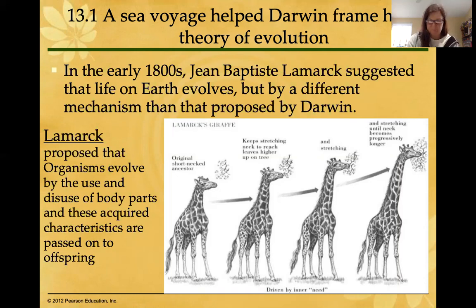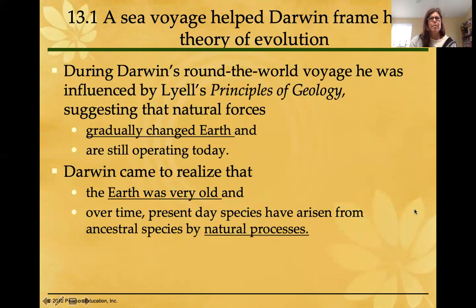And so that was one of the bad ideas or suggestions. So again, we always talk about the breakthroughs, but what about all the things that weren't necessarily correct? We have quite a few of those if you look into the history of some of the science concepts. So during Darwin's round the world voyage, basically what Darwin did was